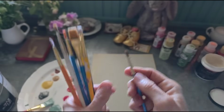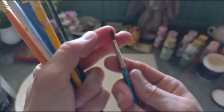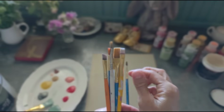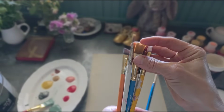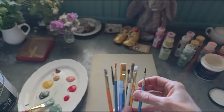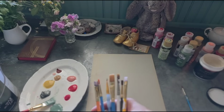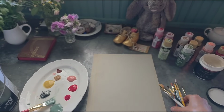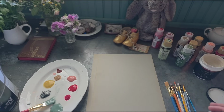This is what I mean by a round tip. This is a little bit larger one, but I had one that was bigger than that and I can't find it. So I ended up using mostly these flat tip brushes. And it was fine because I'm just doing a folky style and not trained to be very, very detailed or